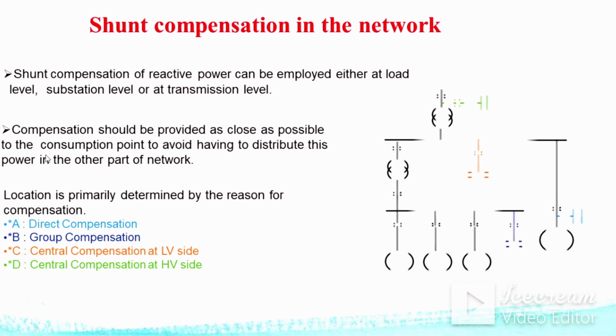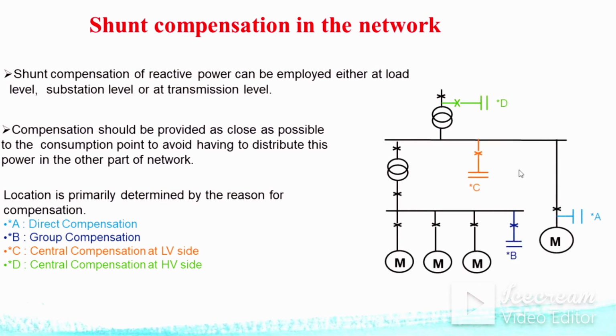So locations here, from this graph you can see that there are various locations of the transformers. There are two transformers over here. This is the initial transformer and this is the secondary transformer. Now next one, here are the three motors which we have connected as a lagging load, and this is the point where compensation has been done.